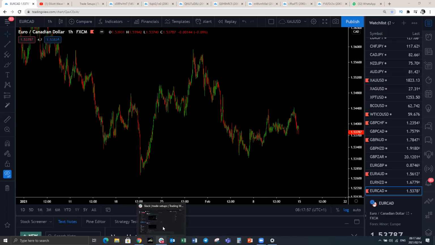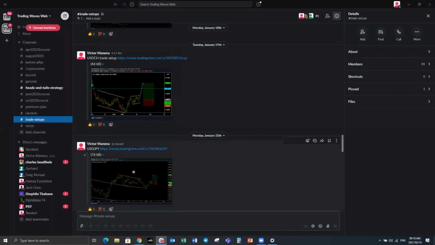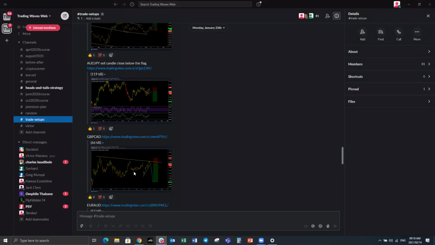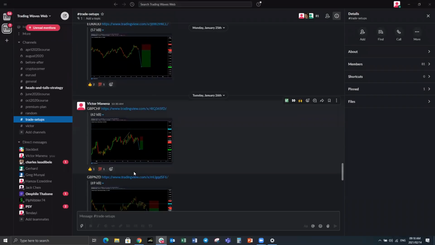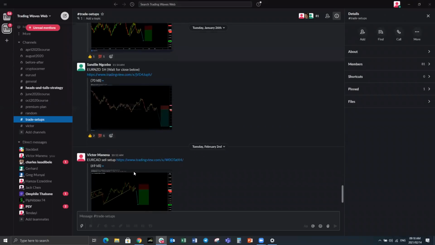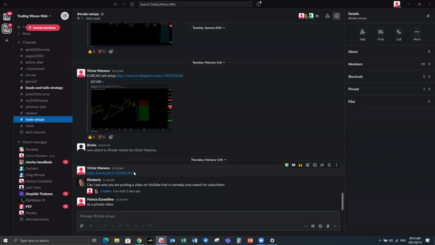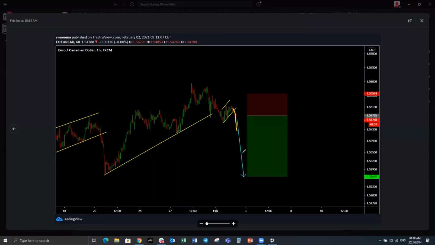So this is the trade setup on EURCAD. Let's just have a look at it, see if we can find it. EURCAD was a very straightforward, painless trade. So this is it. As you can see, we have dropped around this area. We are now pulling back with this correction that I'm currently looking at, and we'll be looking for EURCAD to drop like this. That's what you have on EURCAD.